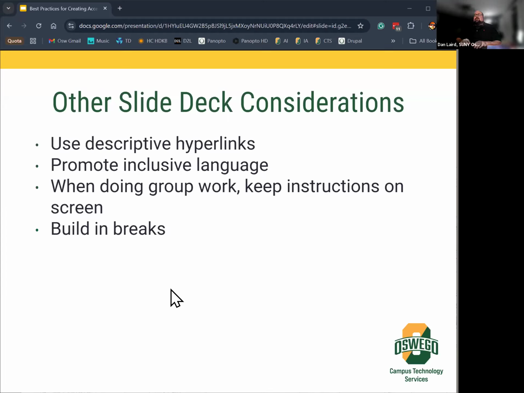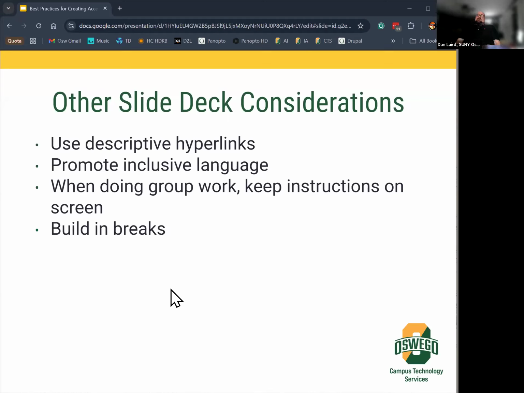When doing group work, say you're doing a presentation in a class and you're going to take the last half of the class to work on a group project, make sure that the instructions stay on the screen so that everybody has ample time to read them. Sometimes we'll put up the instructions and then shut off the overhead or move on to a different slide. So make sure that you keep the instructions up there as long as possible, so that people have time to go back to it or read through it, especially if it's something that's more thorough.